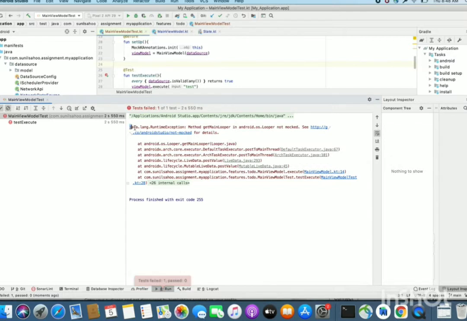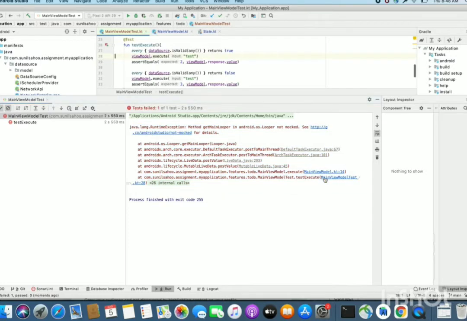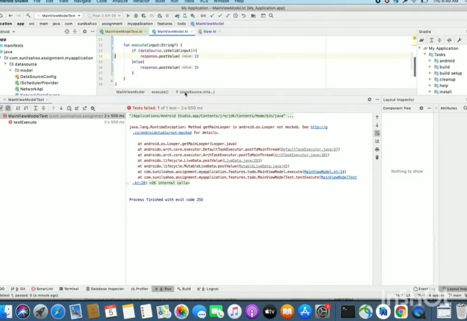This is the error: Method getMainLooper in android.os.Looper is not mocked. This is what we are getting. And where we are getting it, this is testExecute, inside the execute method of MainViewModel at line number 14. Okay, this is at the line response.postValue.